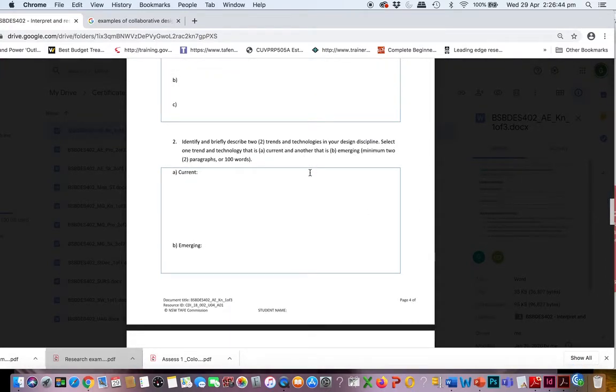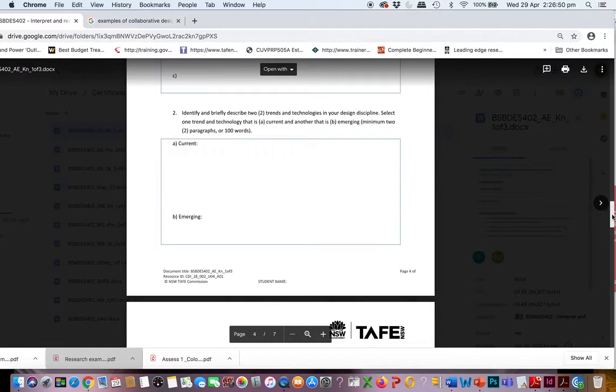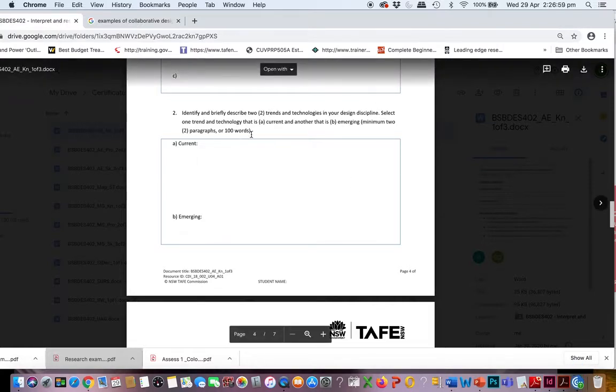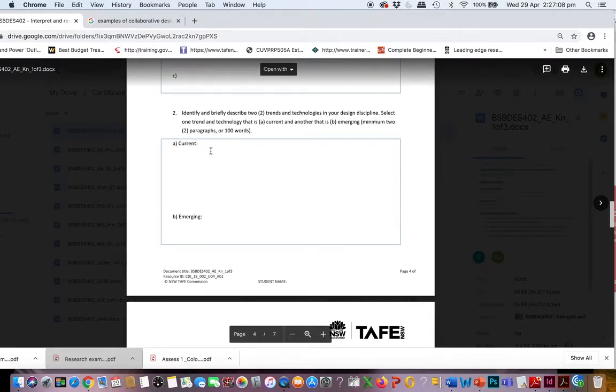So that could be technology that's changing. It could be new tools or new functions that you've discovered. Maybe a new tool in Illustrator that's fantastic to use. It has to be something in the design industry. It could be things to do with the emergence of collaborative design tools like Adobe XD, for example. Anything you can identify. It could be things to do with new printing techniques, as long as it's technology. So 2 technologies in your area,